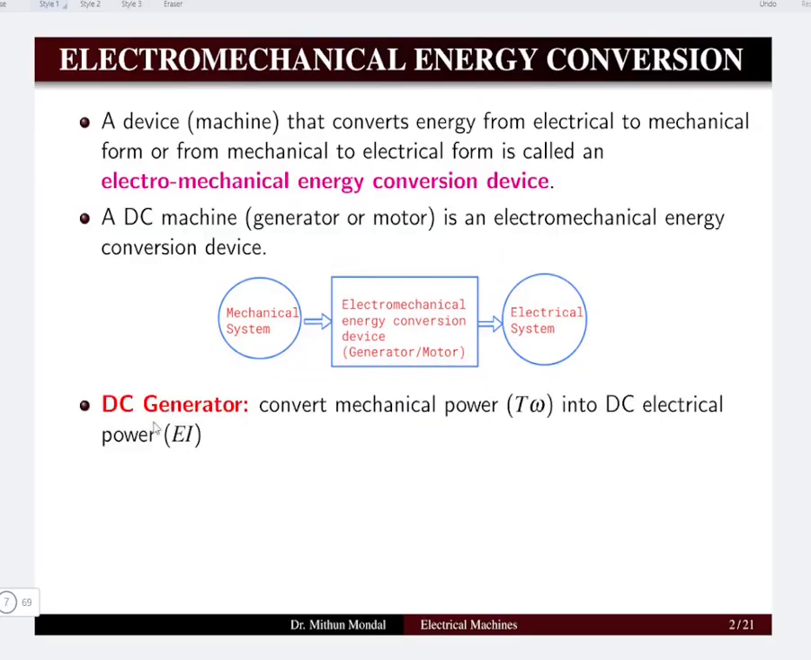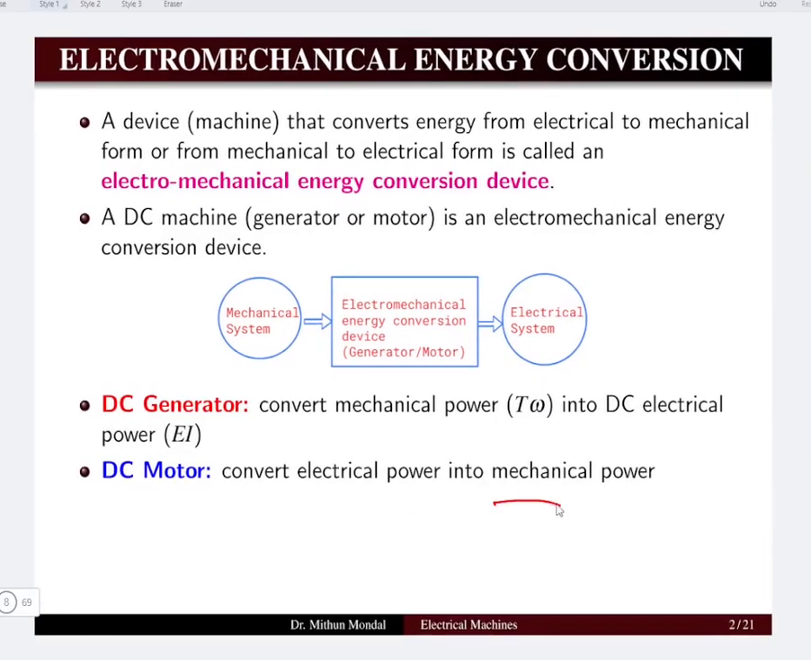So a DC generator converts the mechanical power. When we talk about the mechanical power, it is the product of torque and the speed omega, into the DC electrical power. Electrical power is the product of voltage into current. So the generator converts the mechanical power into electrical power, whereas in a motor we will be converting the power from electrical